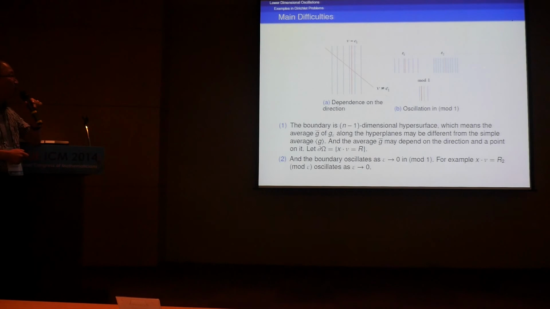And for the other phenomenon, my boundary is fixed, but the oscillation periodicity is changing. So this is the fixed boundary, and this is the configuration when I have epsilon 1 periodicity, and this is the other configuration with epsilon 2 periodicity. And if you look at this one and translate it into a model 1 picture, the fixed boundary is actually oscillating in the model 1 picture. So there is oscillation of the boundary in the model 1. That's another phenomenon.